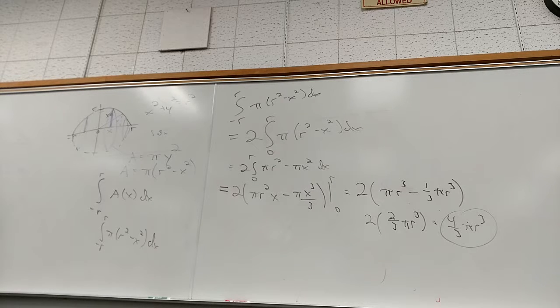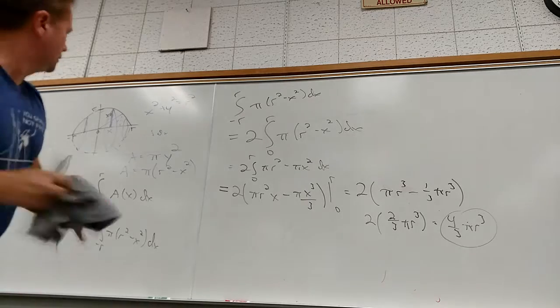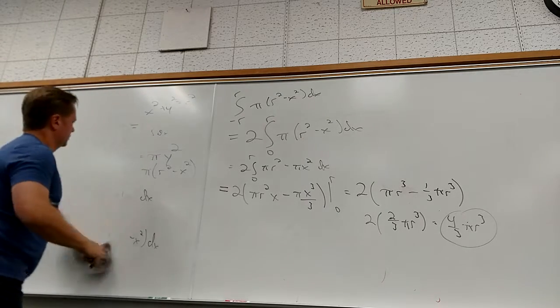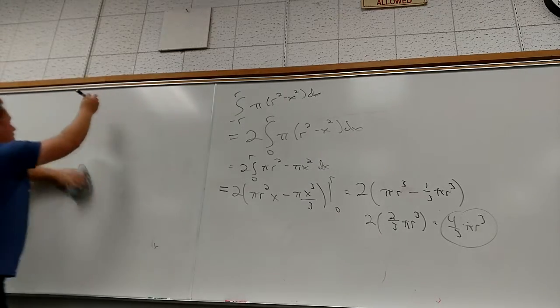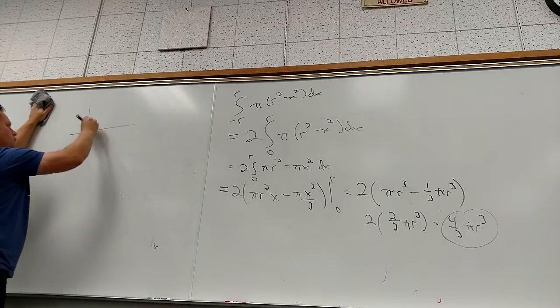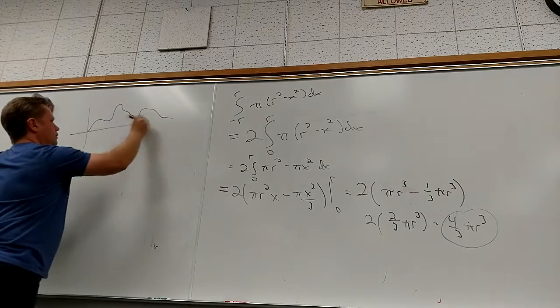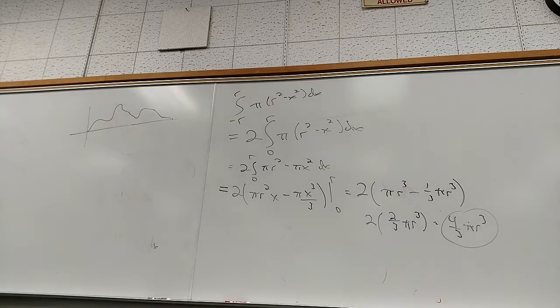So what can I do what we just did? What can I do it for? Any shape that I then rotate. Because if I take a shape and I rotate it, when I cut it, those are going to be circles. I don't care what the shape is. So if I have some arbitrary shape, let's just have it sit in the first quadrant. If I rotate that around the x-axis,